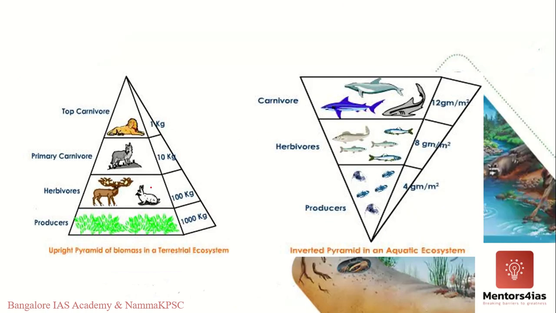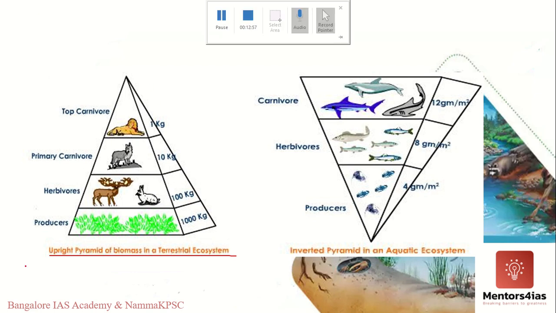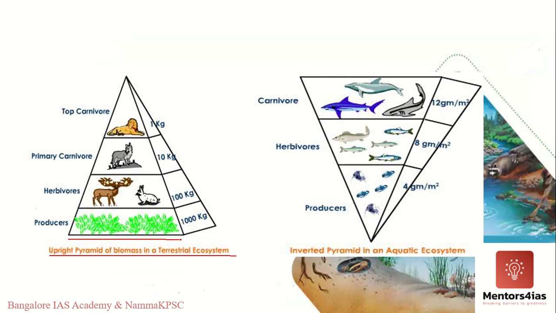Okay, so here you should be able to see. I want you to remember here, when it comes to a pyramid of biomass, when you consider a terrestrial ecosystem, it will always be upright. A terrestrial ecosystem will always have an upright pyramid with the larger base occupied by the primary producers, because obviously